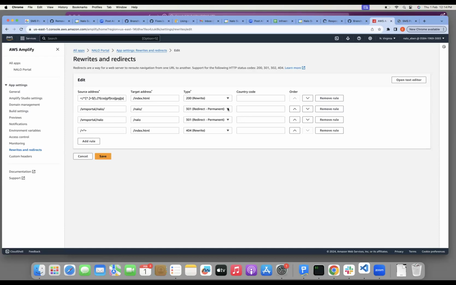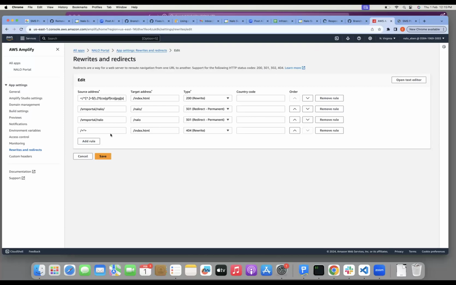We had to do some configurations to get around those kinds of domains. If you take a look at /SMS portal/nalu, we are doing a 301 redirect. A 301 redirect will occur at the client side. So what that means is that when the user hits the browser and the browser sees this kind of URL, automatically it's going to force the page to move to